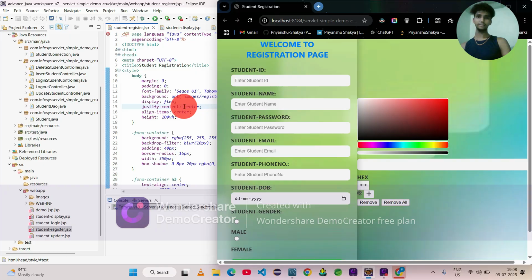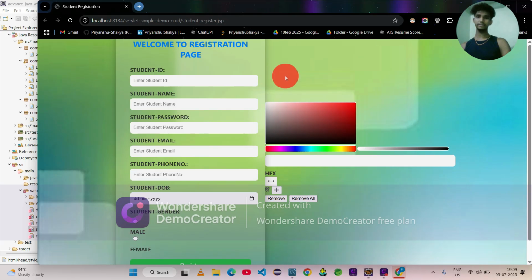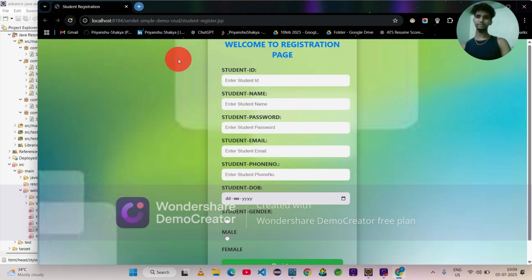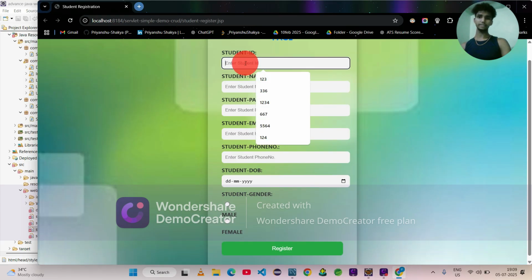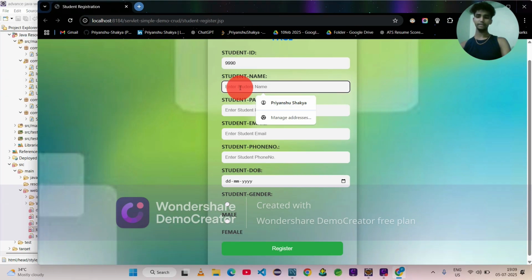So we just run here, we just full to the page, just like that. It might be a bit misbehaving. Okay, got it. Now this is our registration page. Here we register the student, like we have given the ID